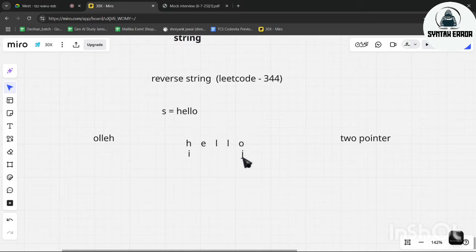You can create one more array and go on putting elements in reverse order. That is a brute force method, and it has extra space cost because you are creating one more array. Another is using built-in functions, which creates dependencies. The third is converting this into some other data structure and doing it there. So there are multiple ways in which we can reverse a string. Now let's just see about two pointers.